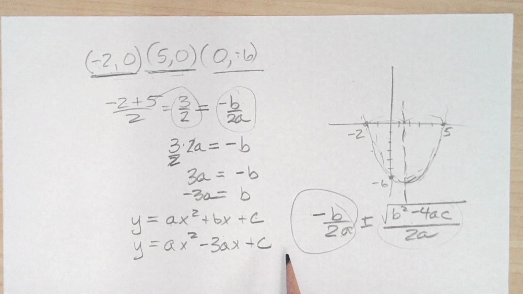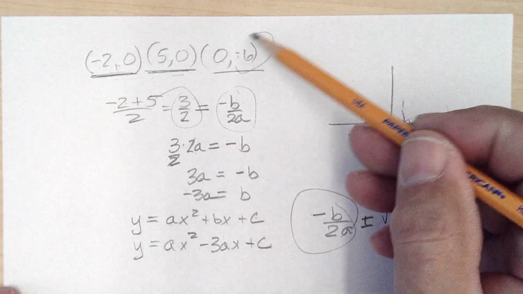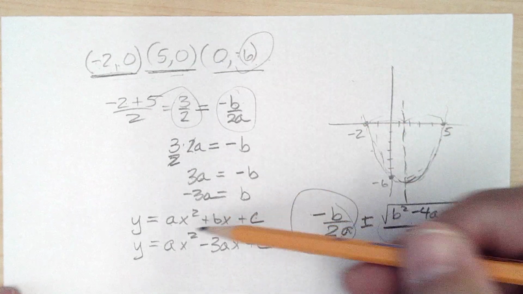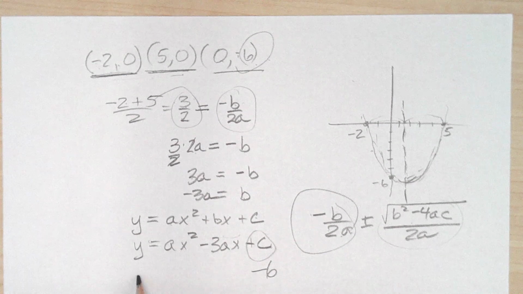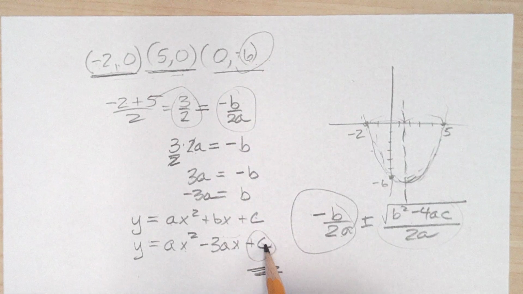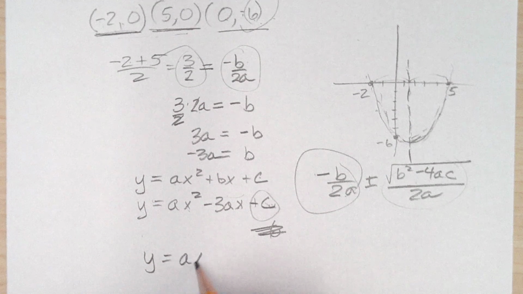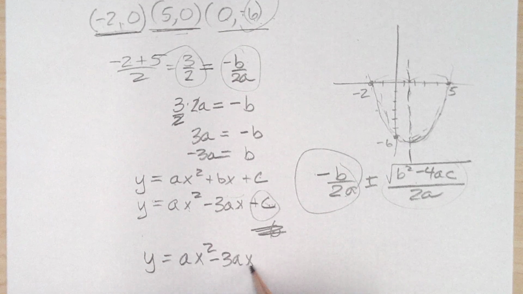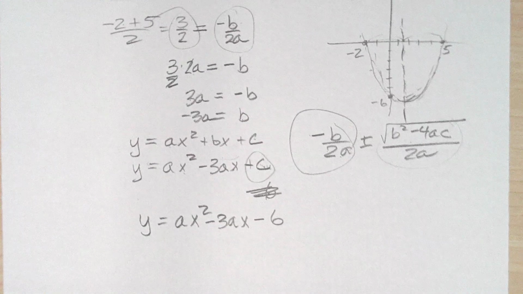And then I can use a couple of points to work this out. The y-intercept has to be minus 6, so if x is 0, this has to come out to be minus 6. So c has to be minus 6 in this form, so we get y equals ax squared minus 3ax minus 6. And now I can use either one of the x-intercepts in this,